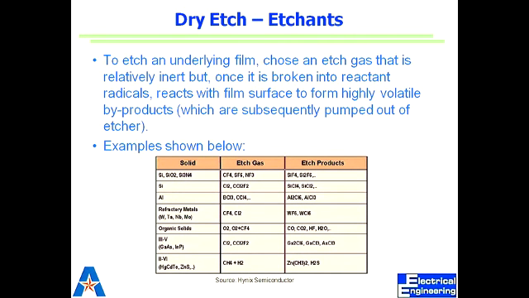Okay, as I told you, for different solids or different materials, you need different gases, and these are the different gases that you can use for different films. As I told you, CF4, where is that gas? Yes, CF4 is for silicon and silicon dioxide both. You can see that for chlorofluoromethane, CF4, the first gas,